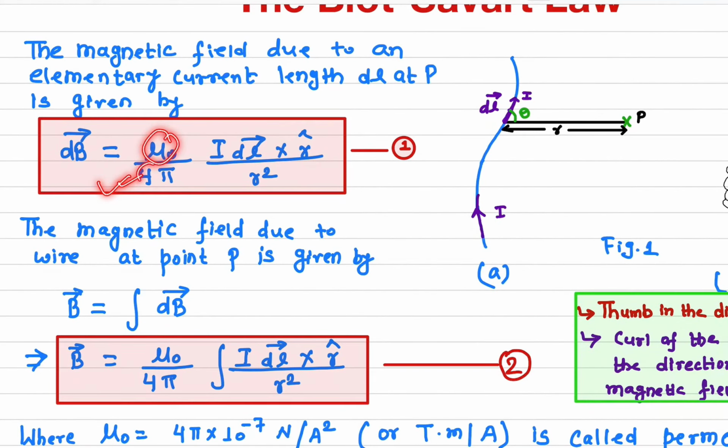Mu naught divided by 4 pi, I is the current passing through this tiny structure. dl vector is the direction of this tiny length. So the direction of this dl vector is in the direction of the current, and dl is the length of this structure here. r cross, this is a cross product,